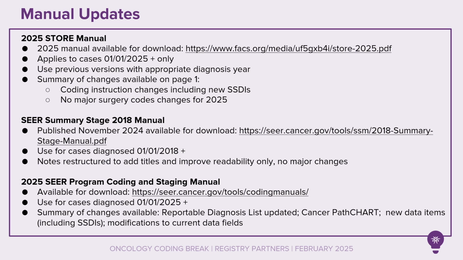The 2025 STORE manual has been released. Revisions from the previous version of this manual are listed on page 1 and include additions and removals of text and instructions. For example, on page 264 through 267, they removed if chemotherapy was provided as a radiosensitizer or radioprotectant,